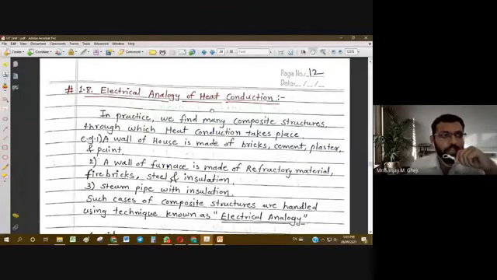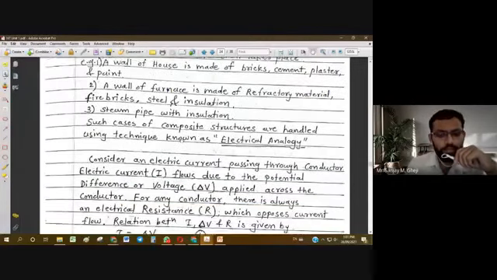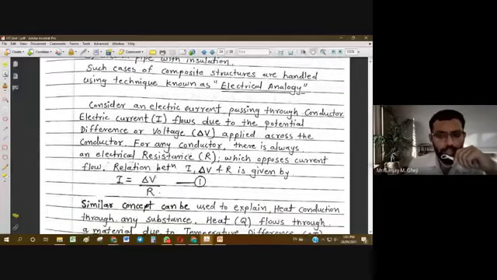So any brick wall of any house or any home is always made of a variety of materials. At least three to four different materials are there, and all these together constitute a single unit of a wall. So they form a composite structure. All these materials are different in nature, so they will have different thermal conductivities. In that case, only a single formula cannot be used. So for that matter, we are going to use the electrical analogy.